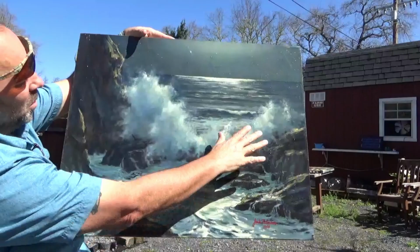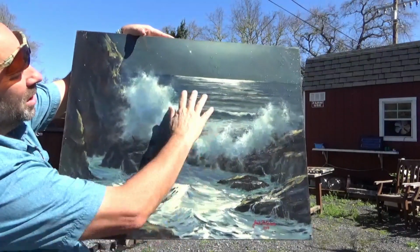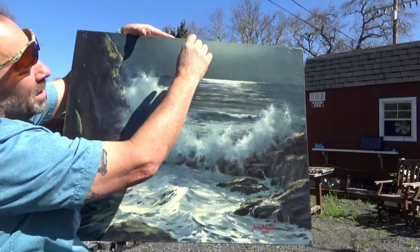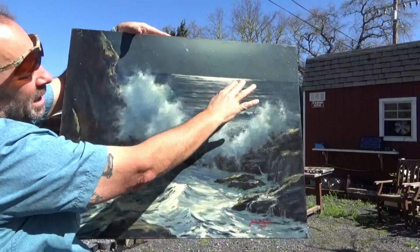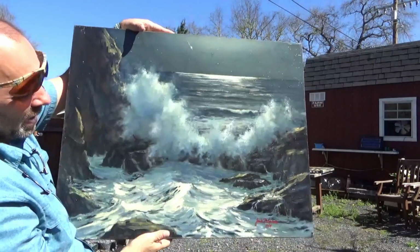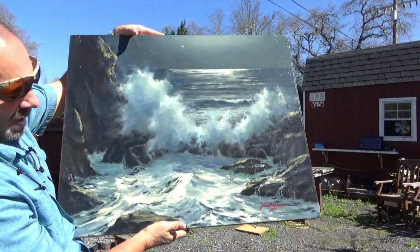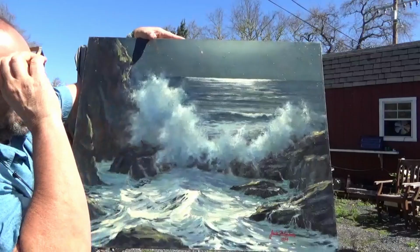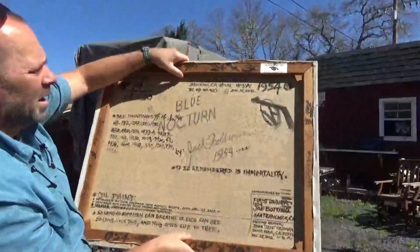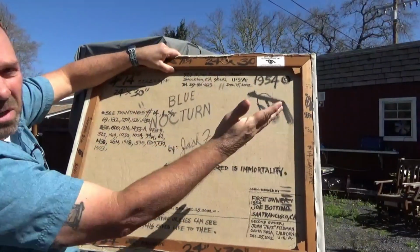Beautiful ocean, waves, cliffs again, big rocks, the ebb and flow, the ocean, the moon coming out here, and you can barely see the moon, just the brightness, and then the cascading moonlight on the ocean there. 1954 Jack Feldman. And he doesn't have his logo on the front, but he put his logo on the back, right,